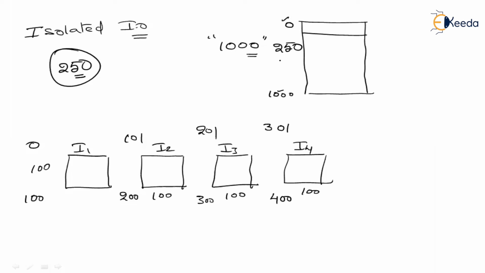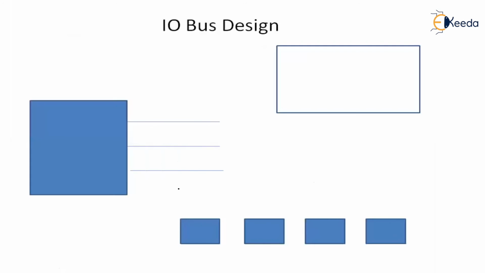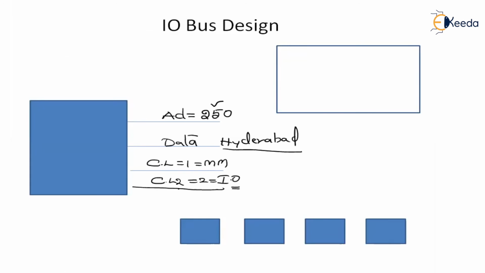When you look at main memory, there is a 250th address because the total address space of the main memory is from 0 to 1000. So there will be a 250th location. Okay, here when you look at the IO devices also there is a 250. When you look at the third IO device, there is a 250. In this interface, there will be a 250th location, right? Okay. So now, how CPU is going to differentiate?